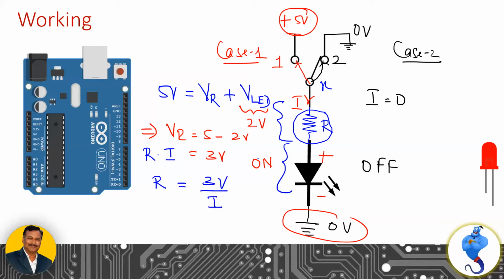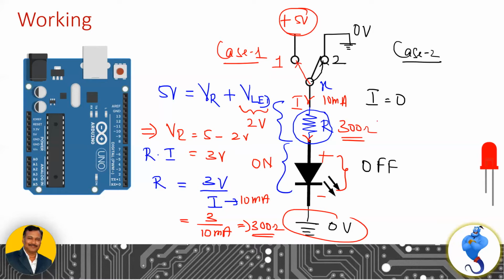So this current requirement for a light emitting diode, we can limit somewhere between 10 to 15 milliamps. Let us fix, for our case, the current value at 10 milliamps. So for 10 milliamps, the value of resistance required is 3 volt divided by 10 milliamps, which gives you 300 ohms. So if you put a resistance of 300 ohms, you make sure that the circuit doesn't carry a current beyond 10 milliamps. Thereby, I secure my light emitting diode. Okay, so that is the value of resistance that we needed to calculate.